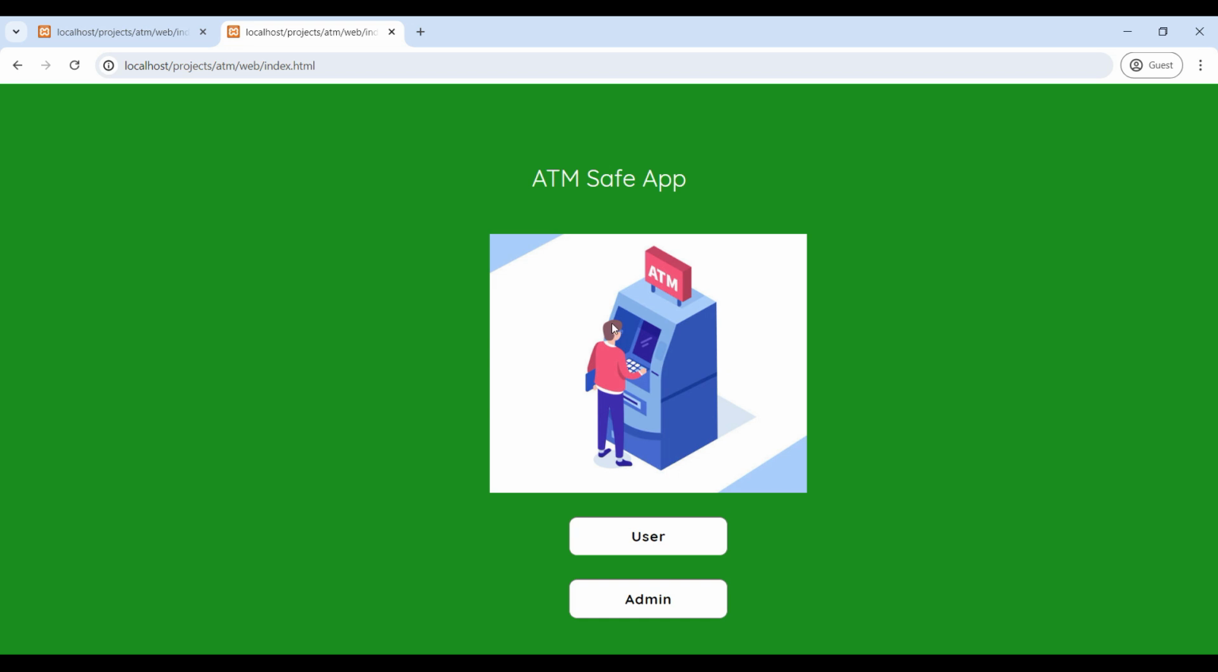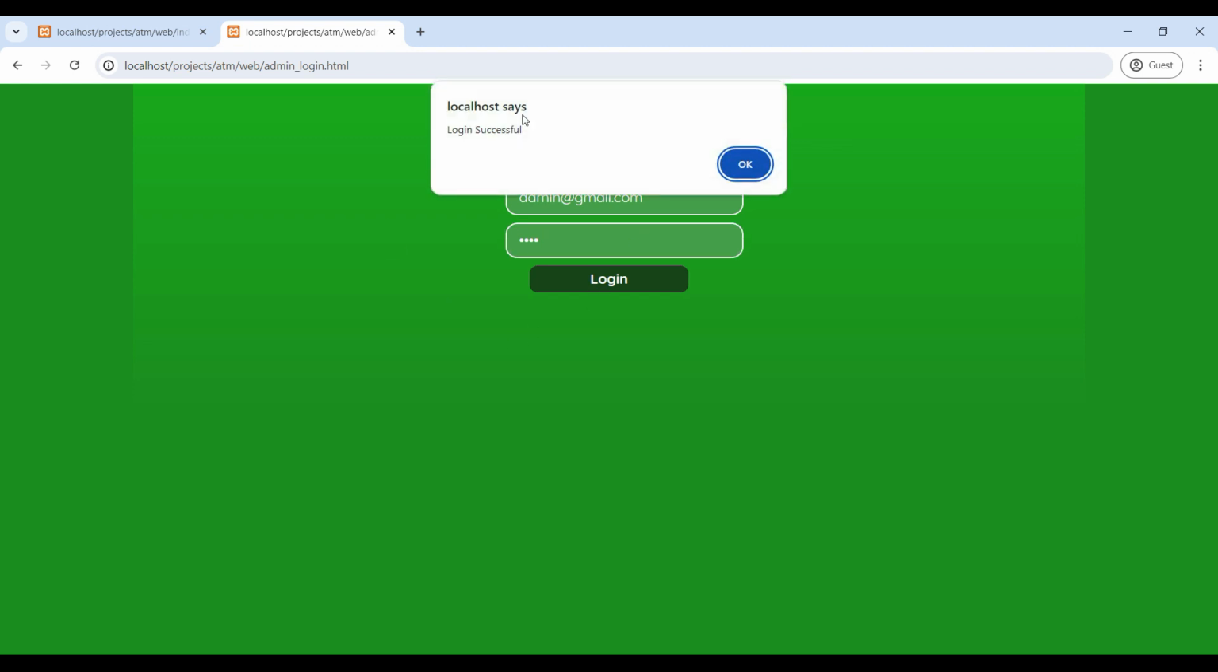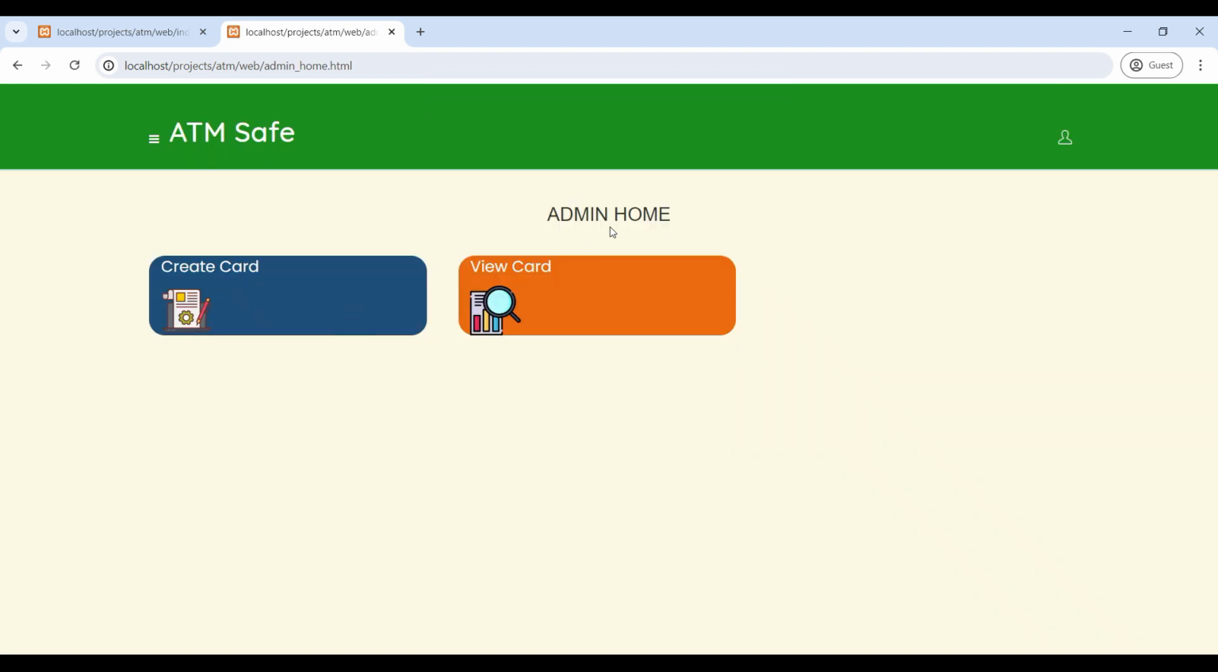Now we can see the ATM Safe web application. It serves two roles, admin and user. First go to the admin role, enter the email ID and password, then log into the admin homepage. Now login successfully. Admin will create the user ATM cards and